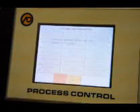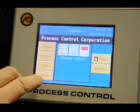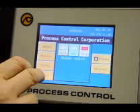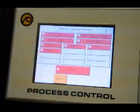Going back. Also, right now it's saving the configuration. Also, let's go ahead and just do a demonstration of automatic or manual. Well, we'll do manual first. In manual mode, you can pull up